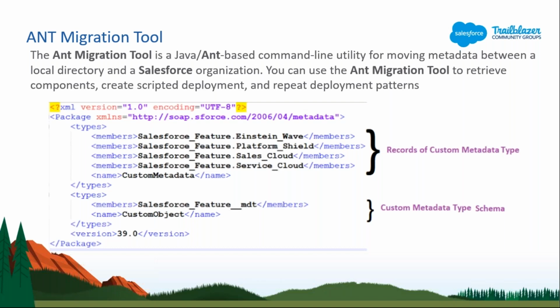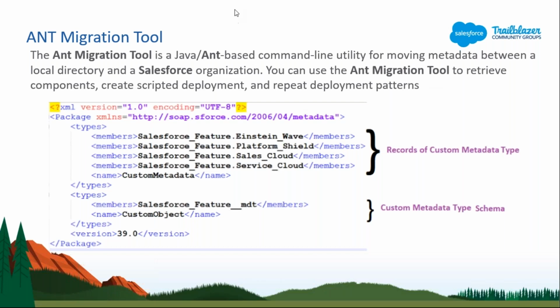In the command prompt you need to write some code, and obviously you have to set up Java because it's based on Java. So you have to set the Java home and Ant home environment variables on your local machine, then install this Ant Migration Tool first, and after that you can work with it.